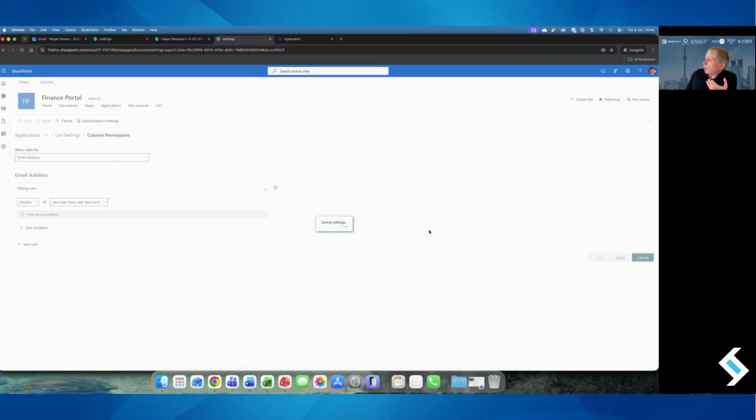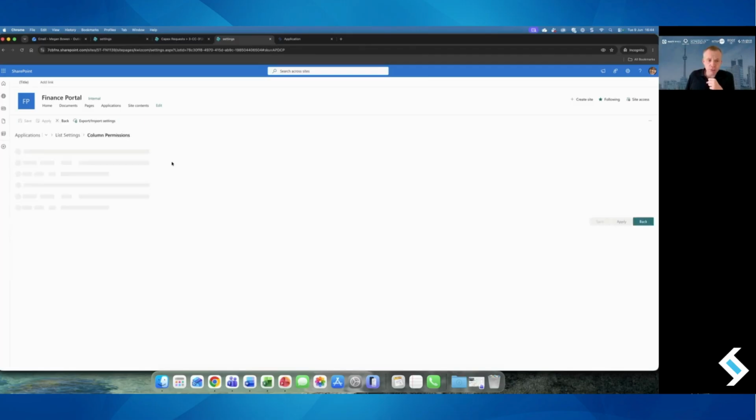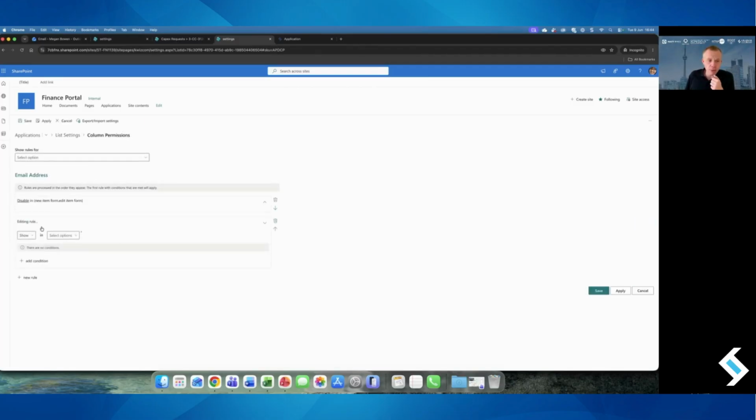And then maybe I will want to hide or disable a column based on the status of the form. So let's do that example. I'm going to add one to say disable the field in the new and the edit form if the status is equal to